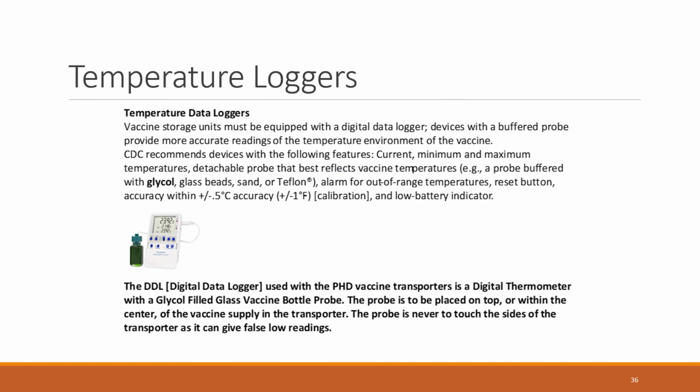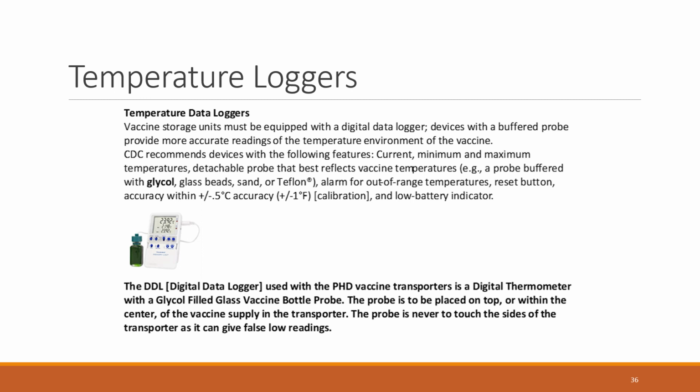Temperature loggers. The DDL, or the digital data logger, is what we're using. This device is used to monitor the temperature in the transporter. There are 2 parts: the probe with the glass bottle attached and the actual digital data temperature device. Each probe and DDL have been calibrated together as a unit. The probe should never be removed and placed on another DDL, as inaccurate temperatures will occur. The DDL probe stays in the transporter, and the DDL,